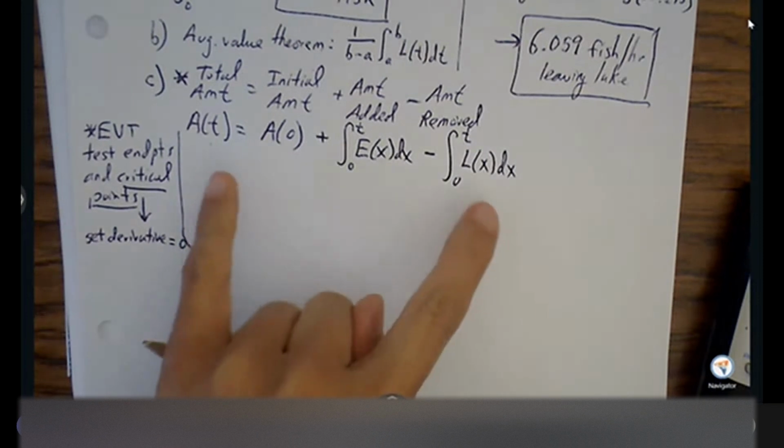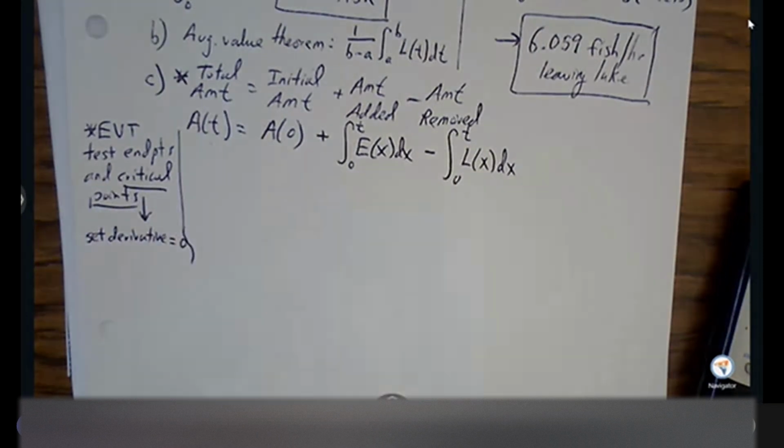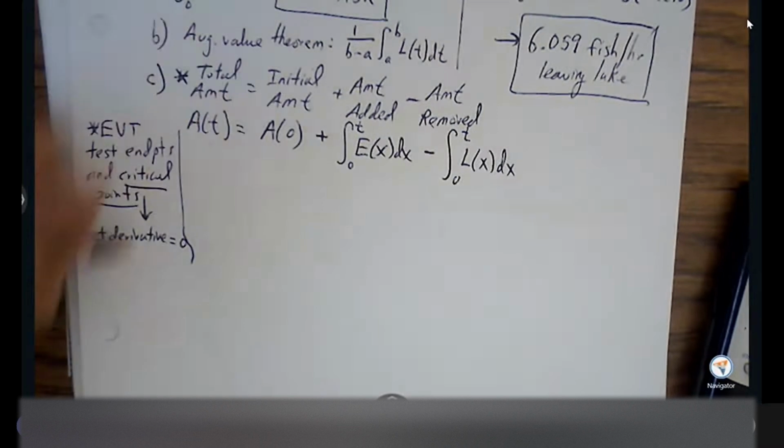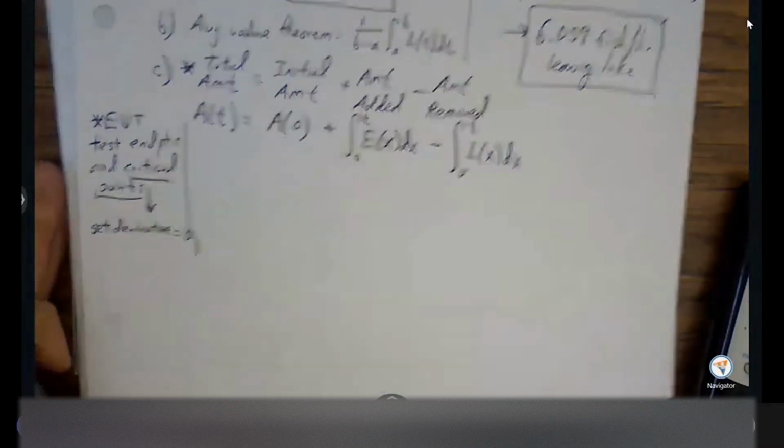So that's nice to know that we're looking for the derivative. And the nice thing also is we have the equation. So from the equation, we can build the derivative. From the derivative, we can set it equal to 0, and then we can make the calculator find that critical point for us. Okay, so let's find A prime, because A prime will be our derivative that we're going to set equal to 0.